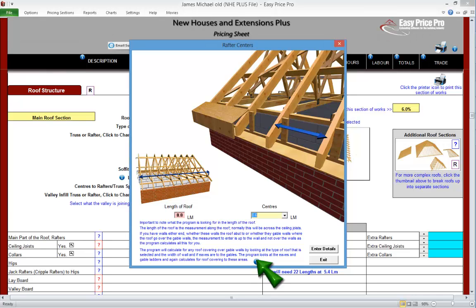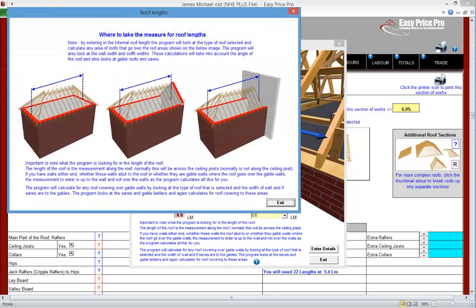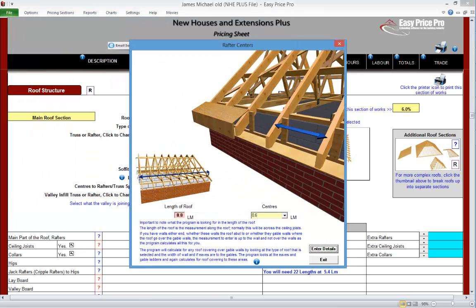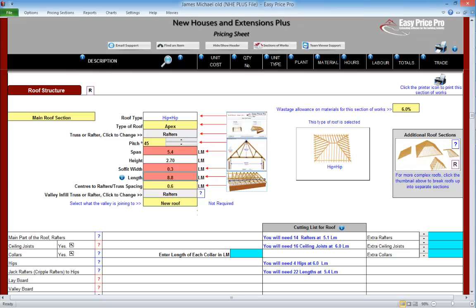If any more information about where to take the length measurement from is needed, click this blue info icon and the further details can be viewed. We have already specified that this roof is made up of rafters. The final option, select what the valley is joining to, isn't required. Our main roof section doesn't have a valley, but we will be looking at this option in the additional roof